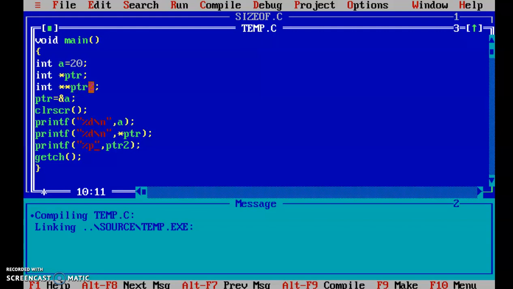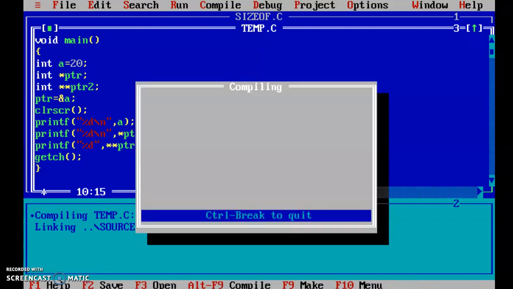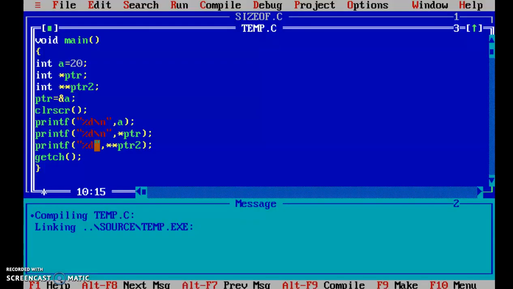So in the same way I can get connected with the A variable because PTR2 is having address of PTR, and inside the PTR we have address of A, and then we can find out value of A. As here we have printed star PTR, we just have to make little change here, %d, and here you need to put 2 stars, PTR2. Now we will check what will happen.